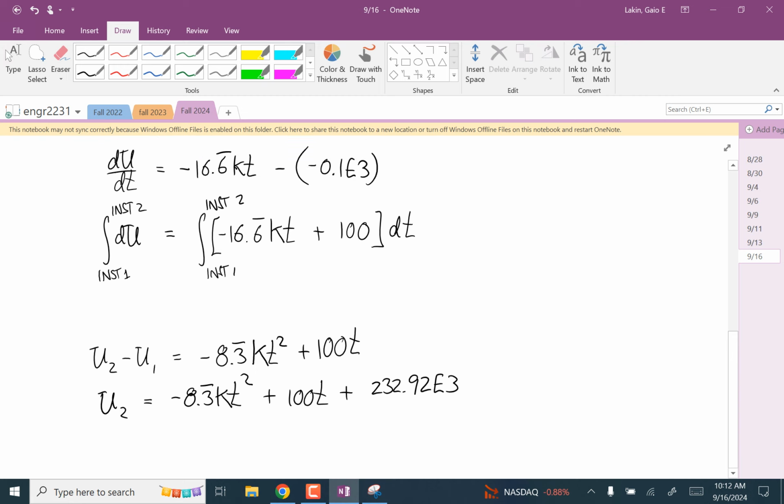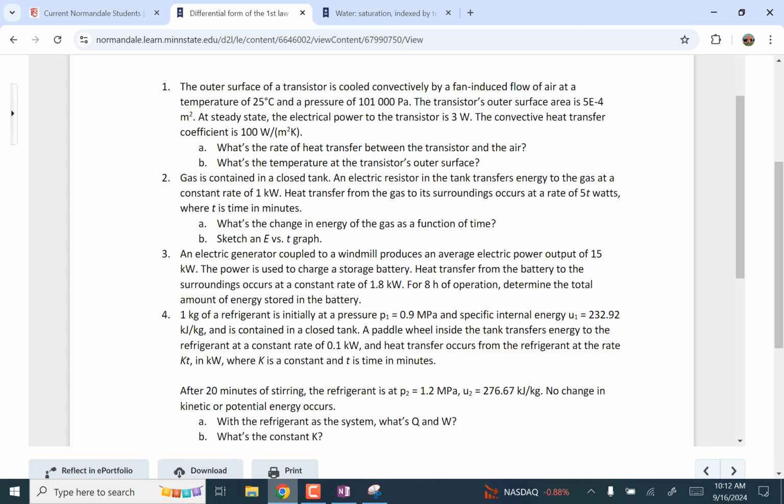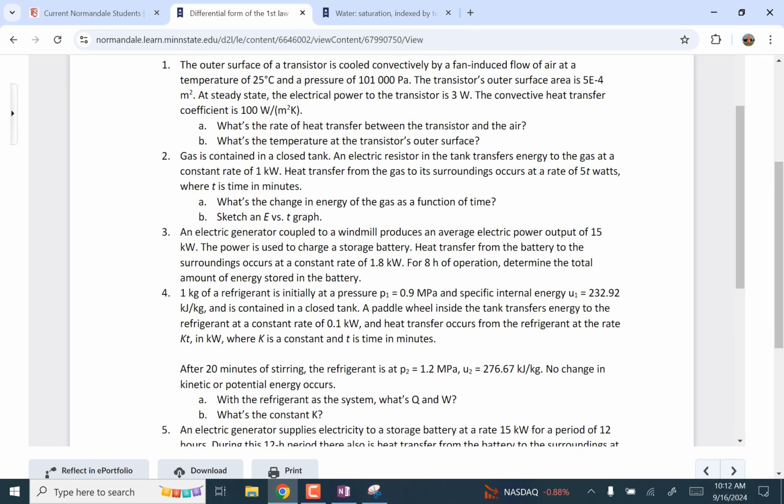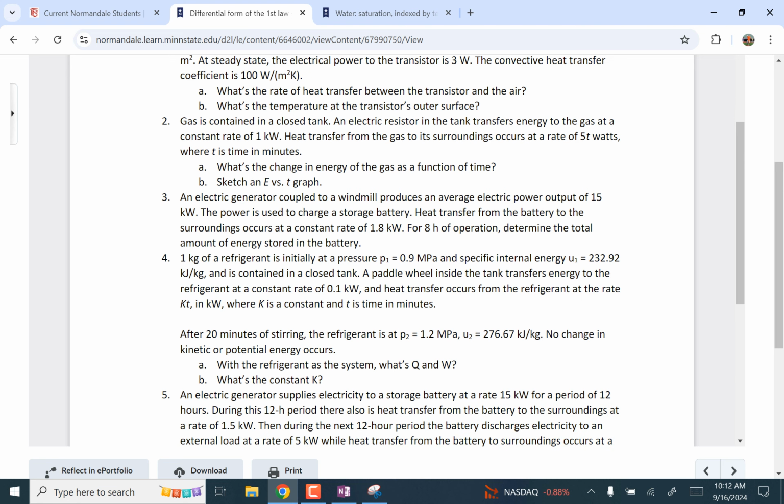Which I think in the online problem, we do. Oh, number 4, I skipped a whole bunch of stuff. We have more information. Yeah. Okay, so we know U2. No change in